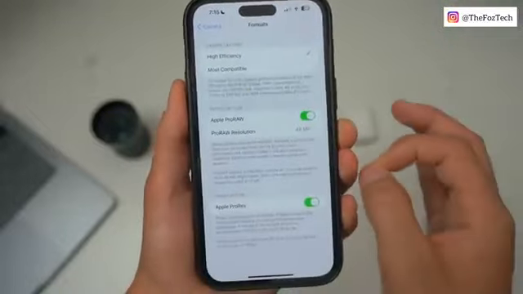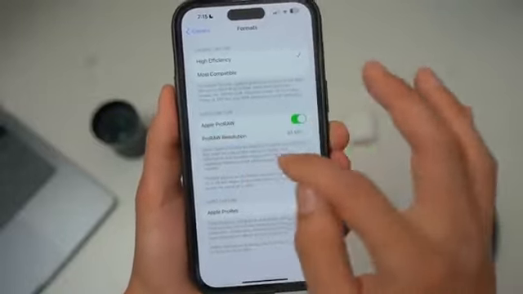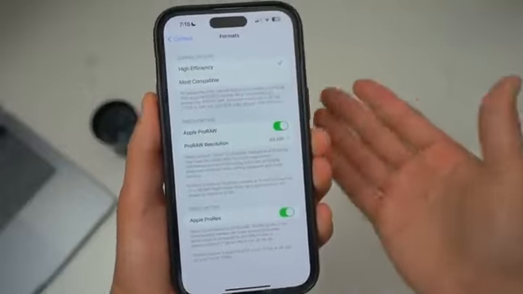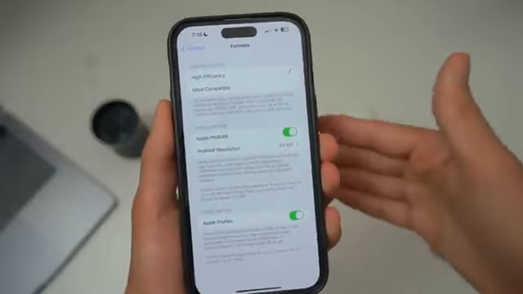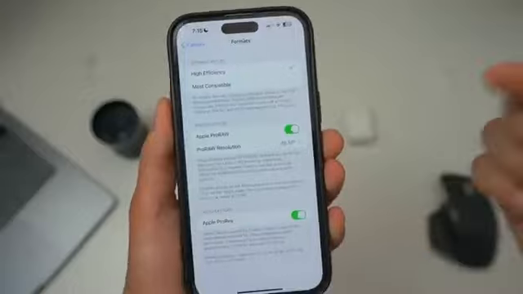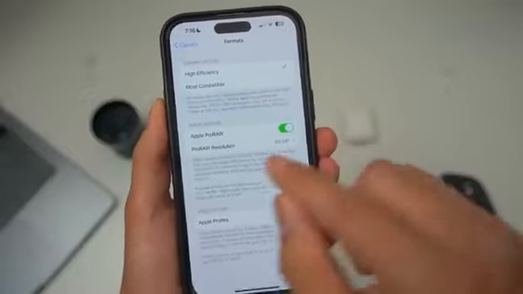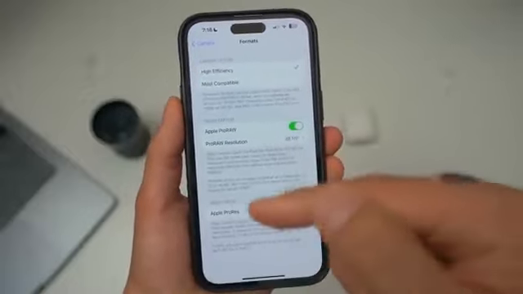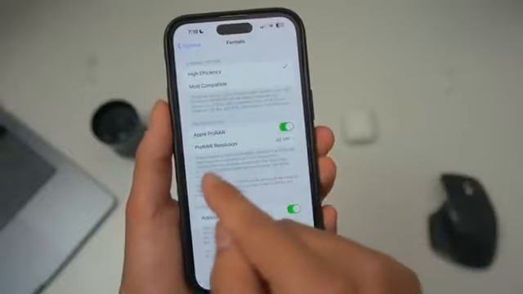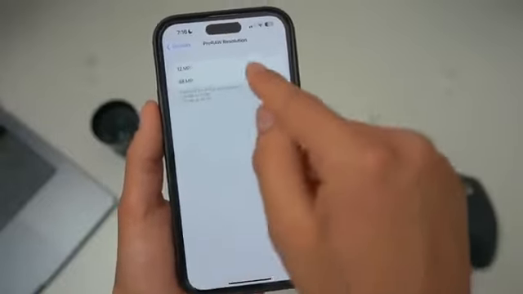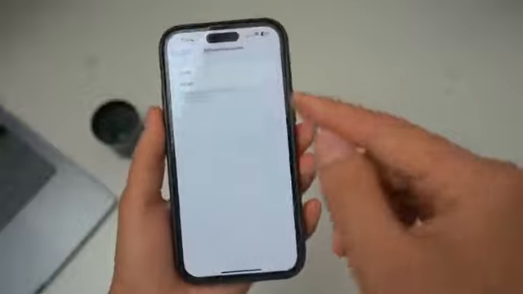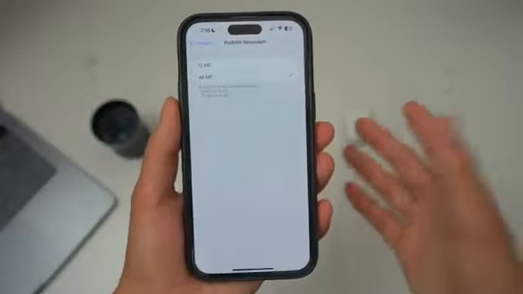The most important thing I would say is the next section where it says photo capture. For all the Pro versions from iPhone 11 Pro, 12 Pro, 13 Pro, all the way up to iPhone 14 Pro, all of those devices have that ProRAW option. And if your device has the ProRAW option, I would highly recommend you turn this on. If you go to ProRAW resolution on the iPhone 14 Pro Max, you have the latest 48 megapixel resolution